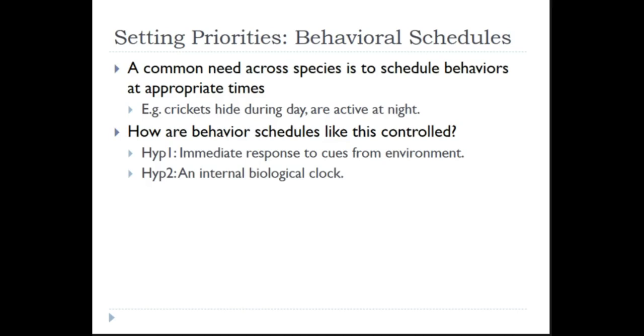I think there are two major proximate hypotheses that we could use to explain how they set these schedules. One is that they could just be paying attention to environmental cues. If they need to be silent and inactive and hiding during the day, then if there's lots of light around, maybe that shuts down all their other behaviors and they basically go dormant during that time. And then once there's no light around, they become active. So this would be using strictly environmental cues to regulate your behavior.